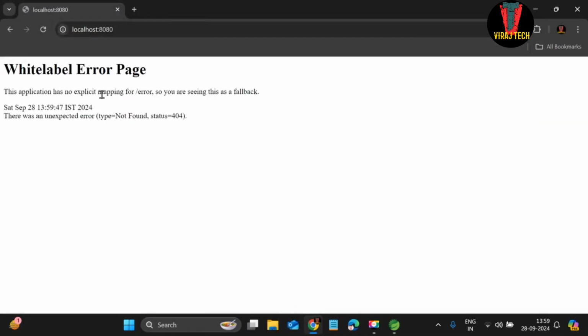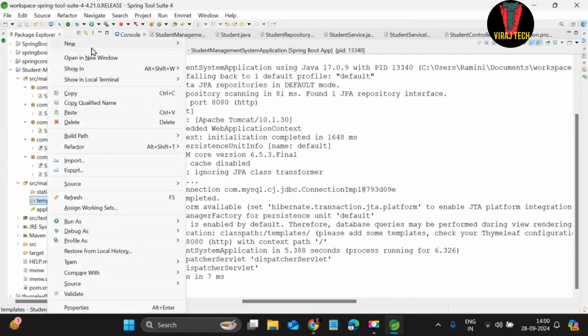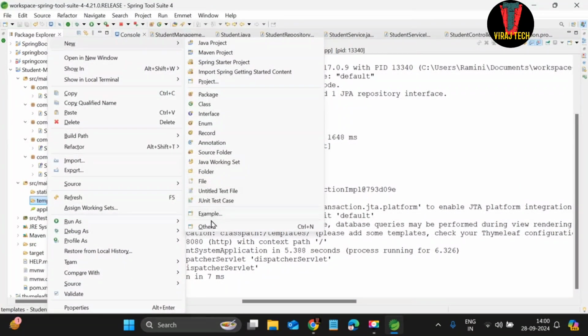This application has no explicit mapping. You are seeing this because we didn't create any HTML file in our STS. Now the next part is to create an HTML file inside our templates. See this folder structure, src main resources. Inside that the templates folder, this folder is currently empty, so right click on this, new and other,